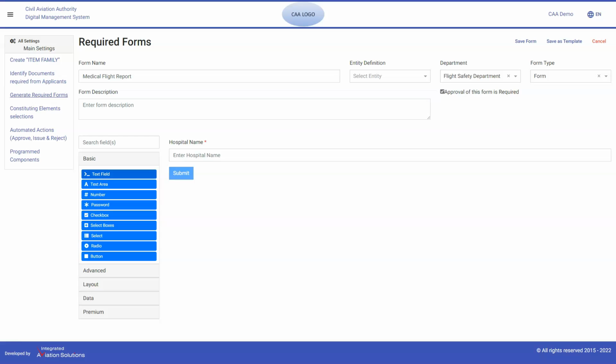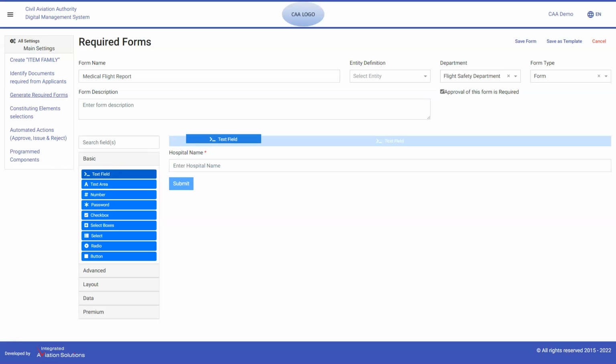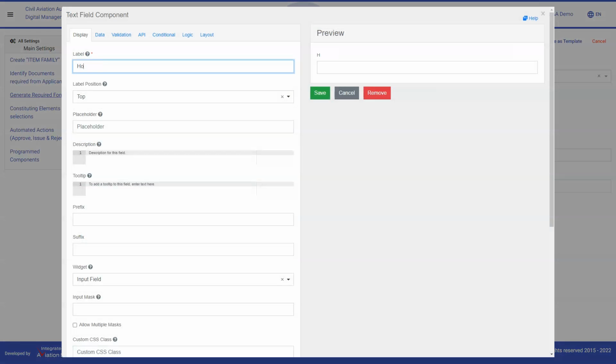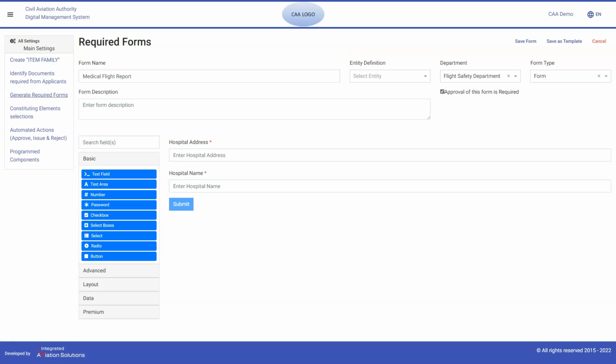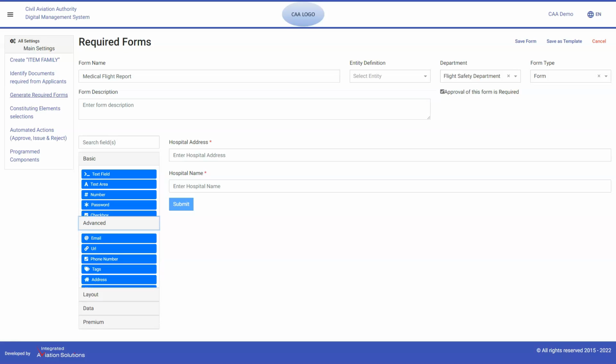As instructed previously, we will drag another text field. We will enter the title. We will keep the position of the label at the top. Now we will enter the placeholder. Go to the Validation tab to set this field as required. And save. To gather more information about the patient or the hospital, for example if we would like to know